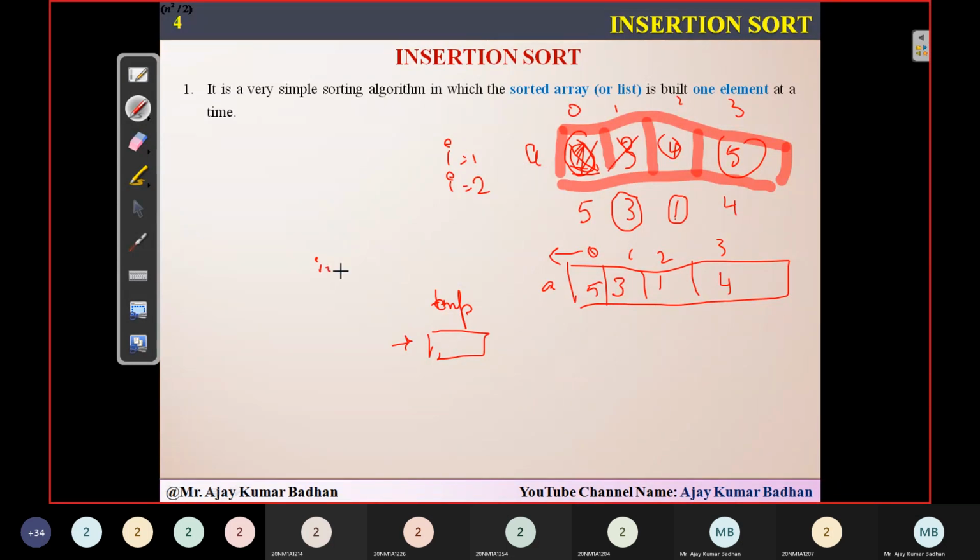So how exactly this insertion sort works is that in the first iteration, it will first fix this slot. It will take the next element, that is 3, and that 3 will be stored in this particular location. Now this 3 will be compared with the remaining elements present, that is 5 and 3. Which one is smaller, 3 or 5? People can easily understand that 3 is smaller.